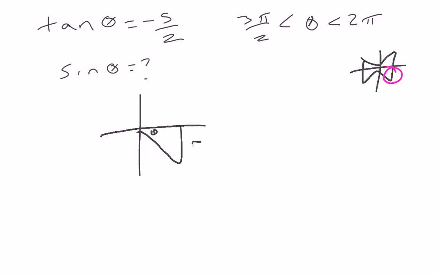So 5 and 2, and here I need to use my brain and think about which of these values is going to be negative. So I'm going in the positive x direction, but the negative y direction, so that's going to be a negative 5. And now I need to solve for my hypotenuse. So I'm going to use the Pythagorean theorem. 2 squared plus negative 5 squared